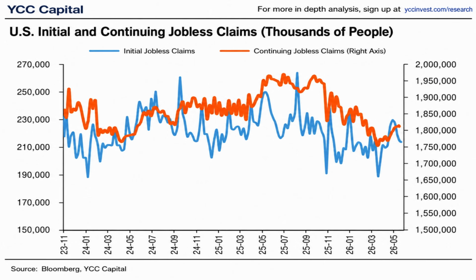Weekly unemployment claims offer perhaps the timeliest snapshot of labor market conditions. Initial claims measure how many workers are filing for unemployment benefits for the first time, while continuing claims track those who remain unemployed and continue receiving benefits. Historically, recessions begin with a sustained rise in initial claims, followed shortly afterward by an even larger increase in continuing claims as unemployed workers struggle to find new jobs. That pattern has not emerged.